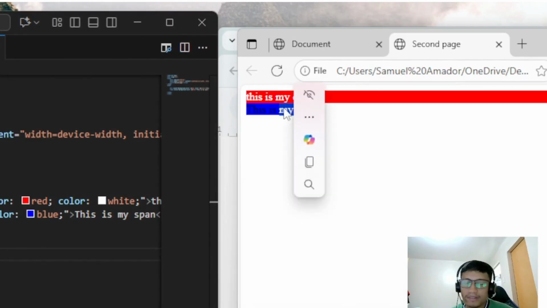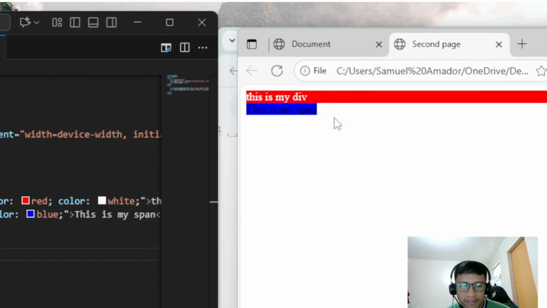Okay. Notice that the default of the div is 100% to the width of the parent. On the other hand, this is the width of the span.